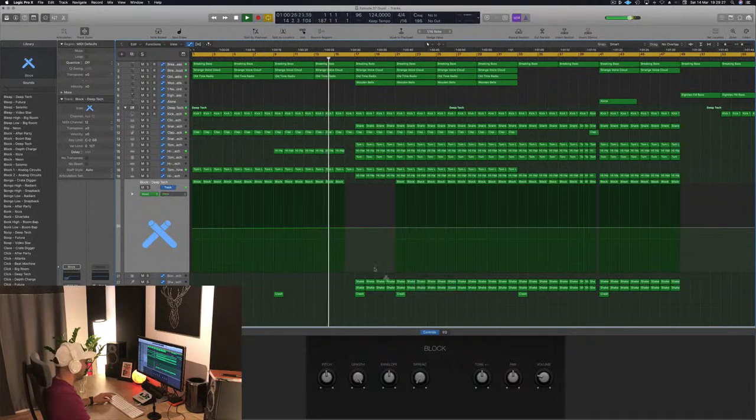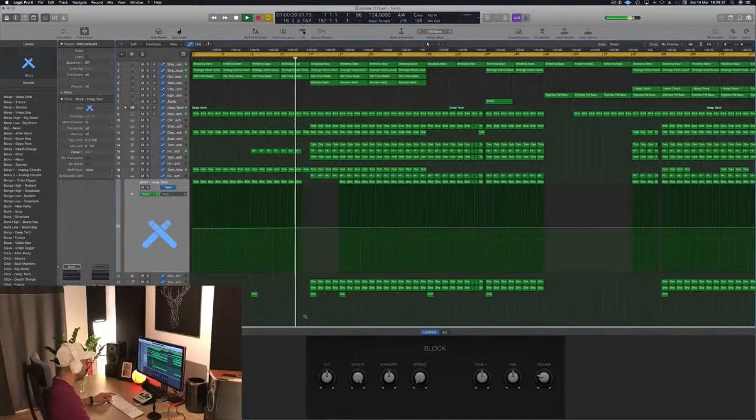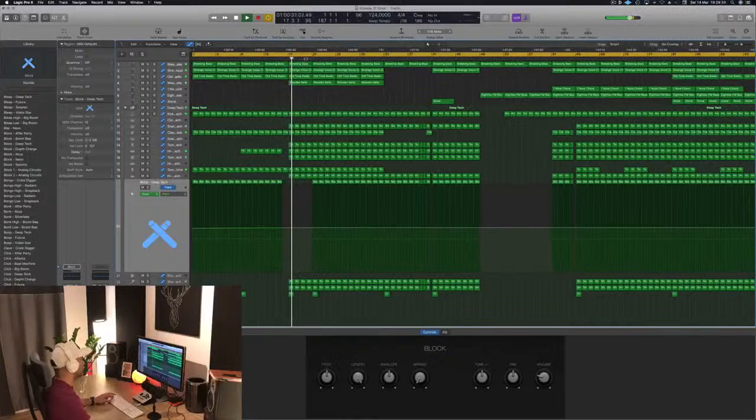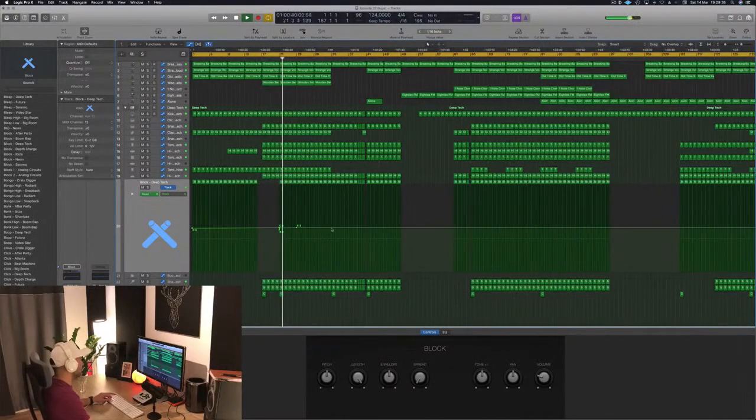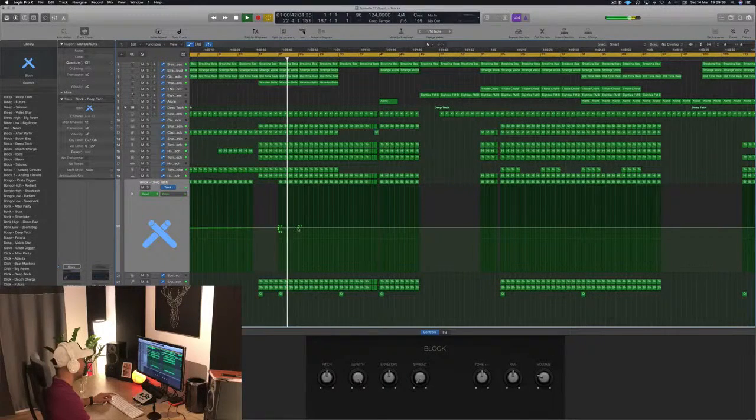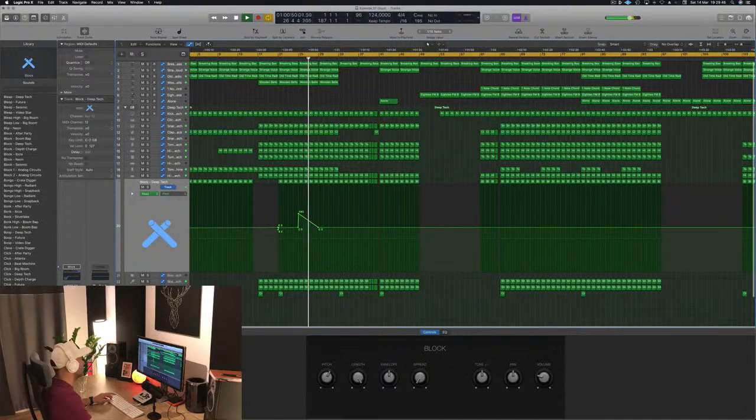I think we're having some issues with Logic's automation here. Oh, it came. It did. Let's see if we can automate it too.